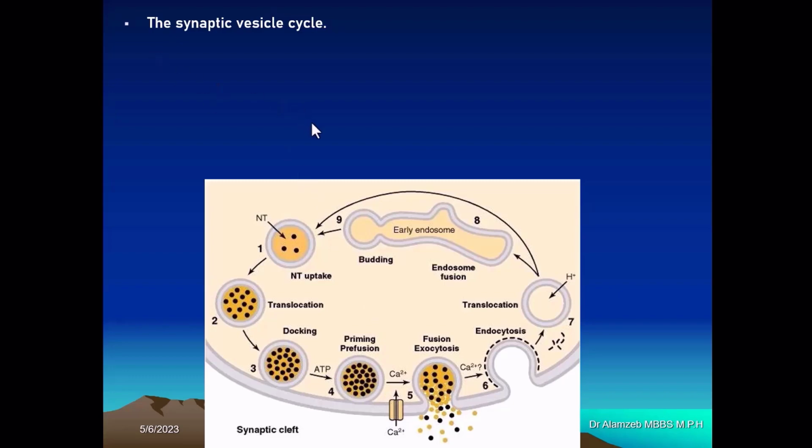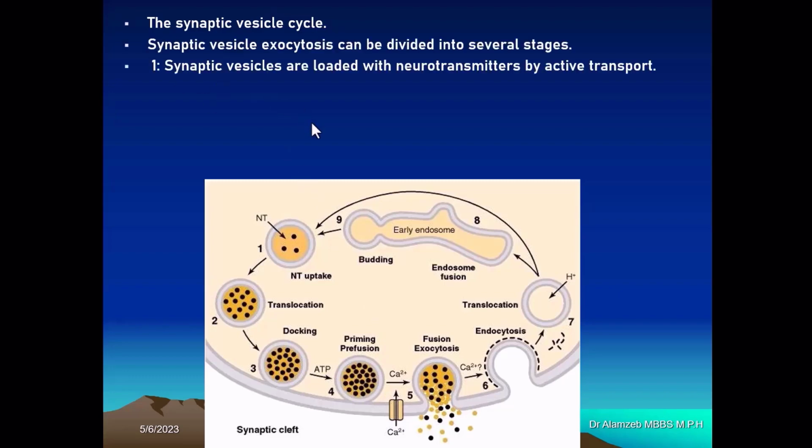So the synaptic vesicle recycling takes place in steps. These steps are: when these vesicles arrive at the nerve terminal, they are empty, and then they are loaded with acetylcholine by active